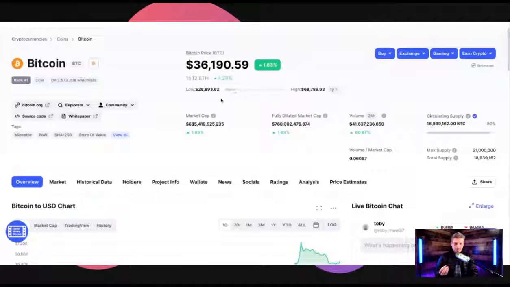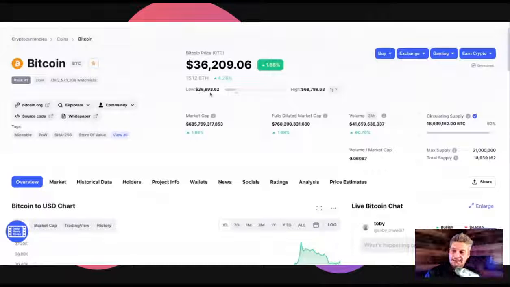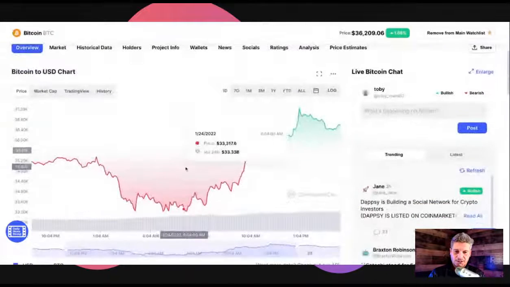Then you can also click the one year, kind of interesting to see. Our 1 year high was 68,789. A lot of exchanges would have put it in the 69.5 range. There are different ways of reporting on exchanges throughout the world, and CoinMarketCap takes all of that exchange data and disseminates it and puts it into one. So their number is 68,789. You can see 52 weeks. We're not too far off the low, 28,891. Very, very interesting.